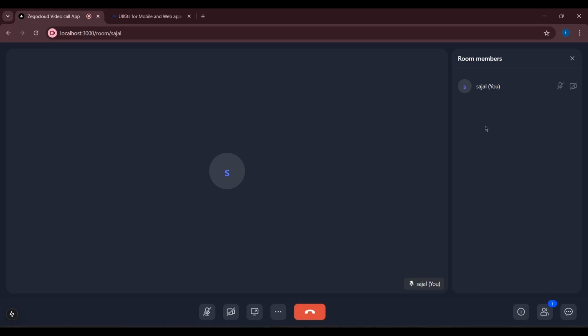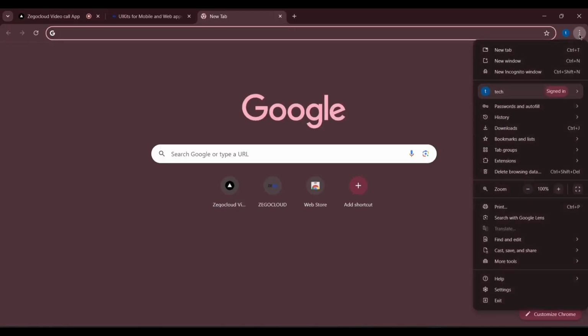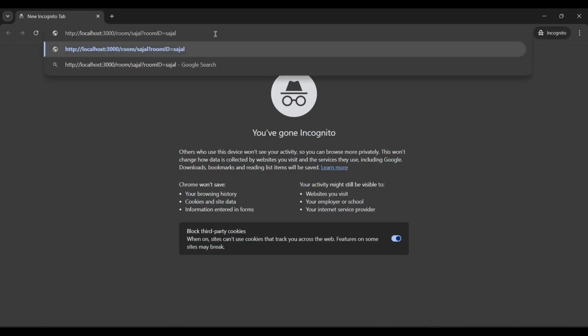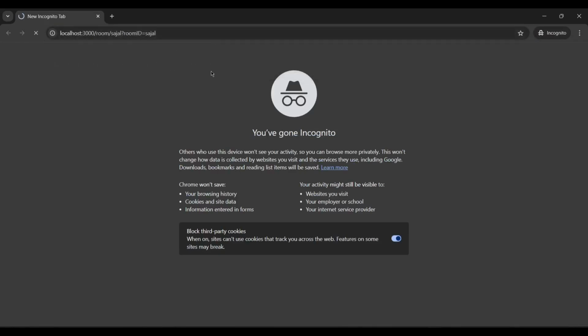Here you can see how many people are joining the meeting, and here you can copy the link to share with the people you want to do the Zoom call. So now what I'm going to do is open a new incognito window to join the meeting with another name. So I'm going to copy this link here,